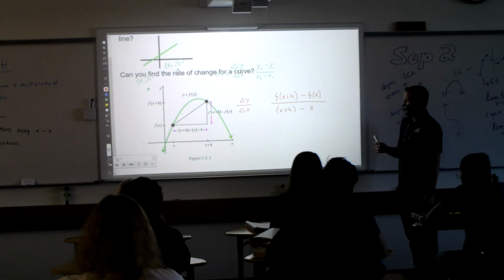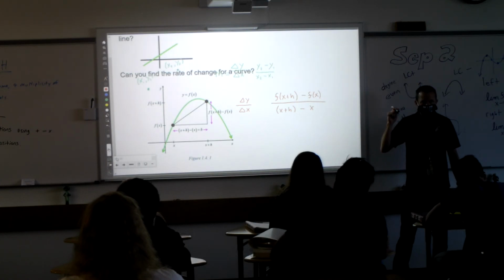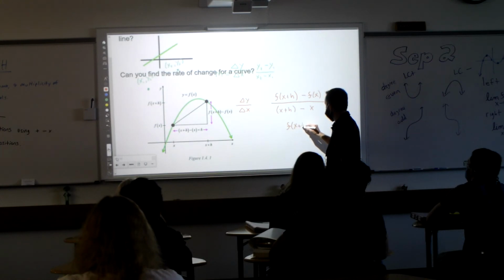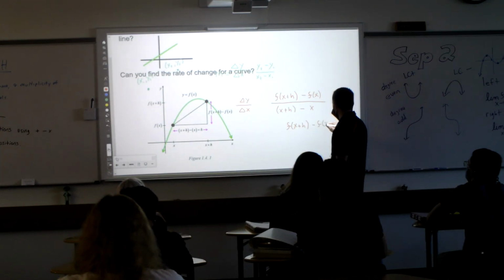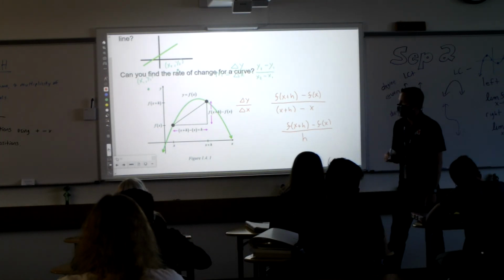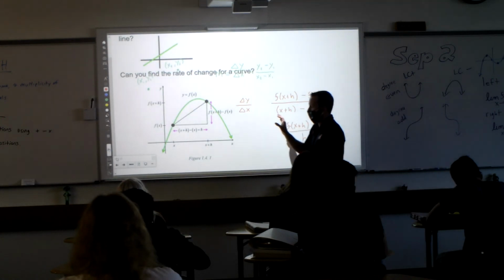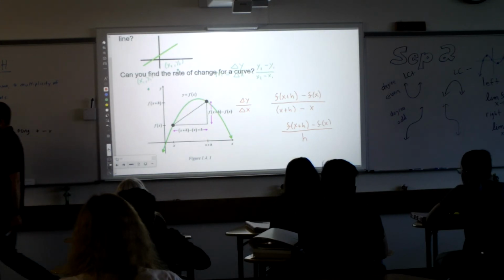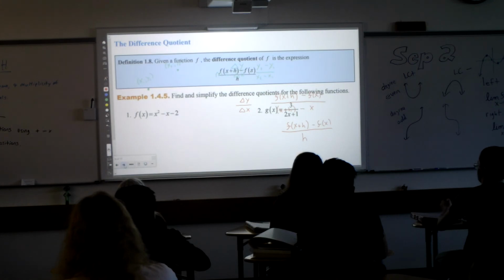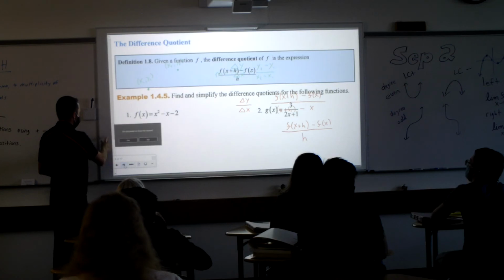Now what you need to do is just simplify real quick. Nothing I can do up top, but what can we do in the denominator? The x's go away. So we get f of x plus h minus f of x over what is left over? h. Okay, this is your formula for calculating rate of change on curves. Now, you don't really need to understand how we derived it. I think it's helpful if you do. But if I had just showed you this and said, hey, this is your difference quotient, maybe you would have been like, where did that